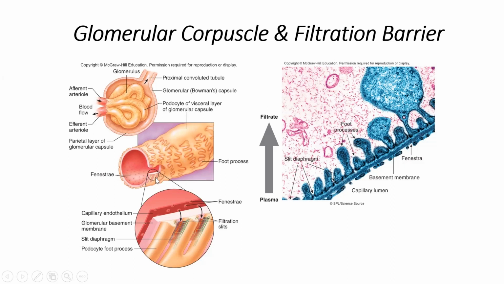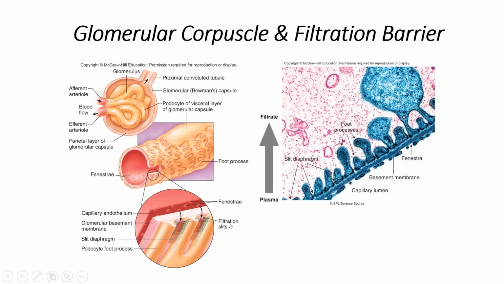Looking more closely at the filtration membrane here, we're seeing the capillary endothelium, so the lining of the vessel, which is formed by fenestrated capillaries. We're seeing the basement membrane of that capillary. So underneath that endothelial layer, we've got a basement membrane. And then we're seeing the visceral layer, so the intimate layer of the Bowman's capsule, which is really formed by these podocyte cells. And these podocytes have these foot processes, which create these really large gaps in between